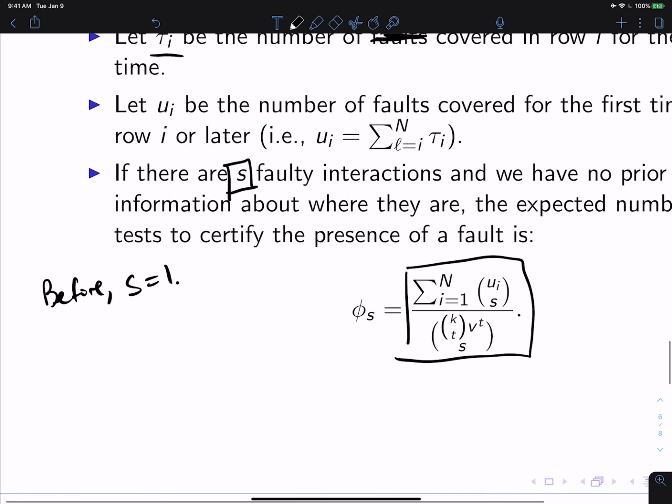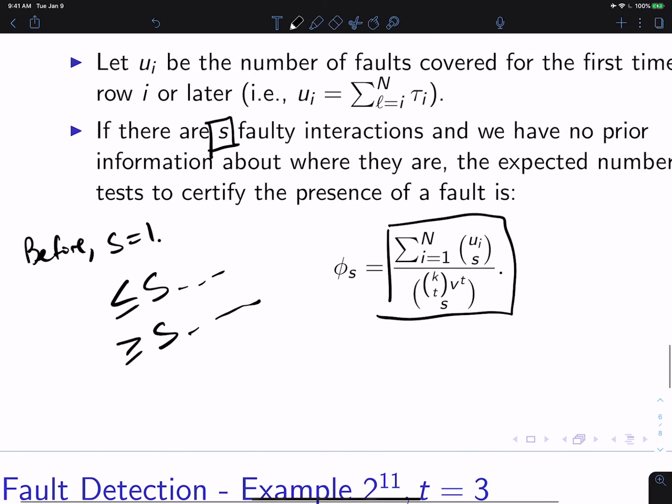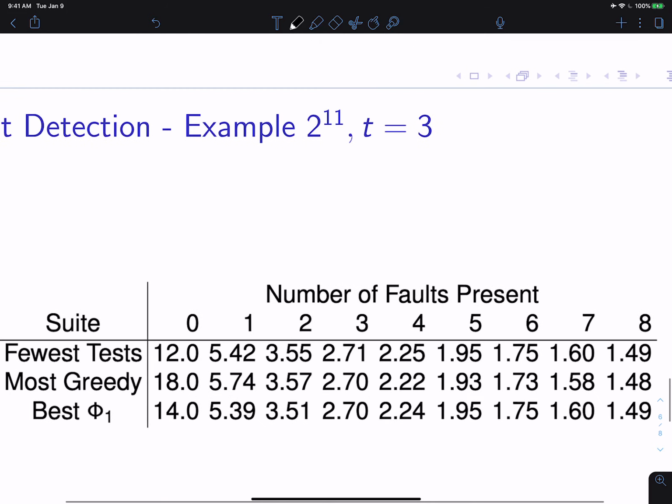And you could generalize this to say, well, if there are at most S, or at least S, we could derive a different expression, but we could calculate it if we wanted to. Okay, so